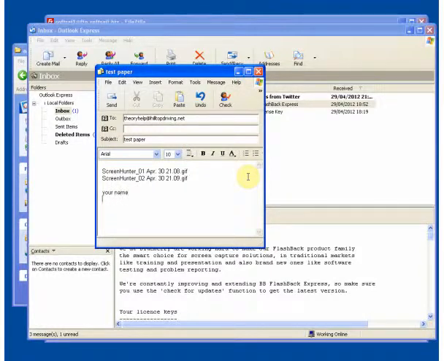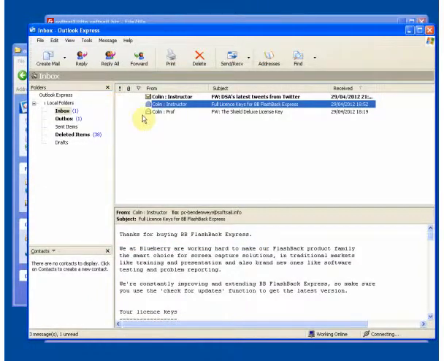You then need to put your name in the email and also let me know where your website is. And that includes the directory you've put them into. So whether you've put a download or a downloads folder, just make sure the spelling's correct. And then you just send that to me. Once I've then got those pictures, I will have a look at them and give you some feedback on why they were wrong, and hopefully go through